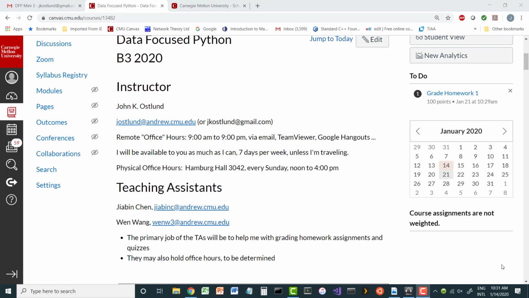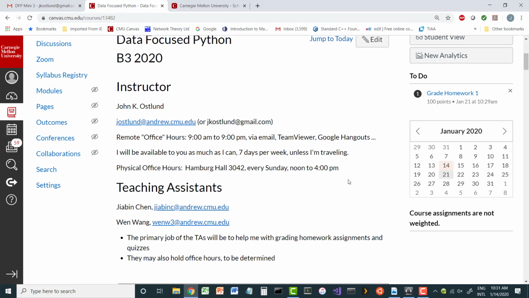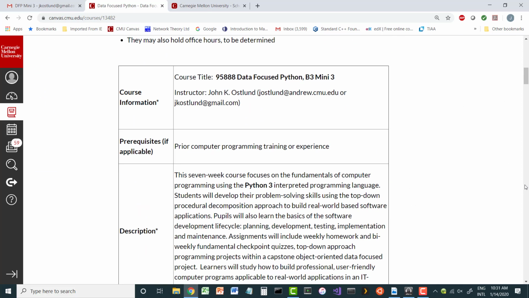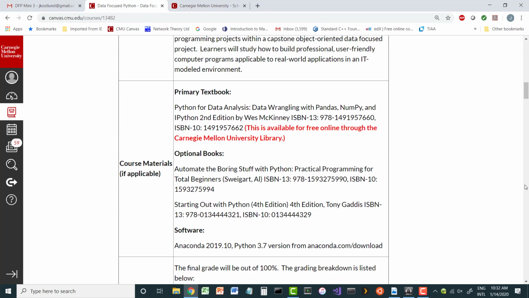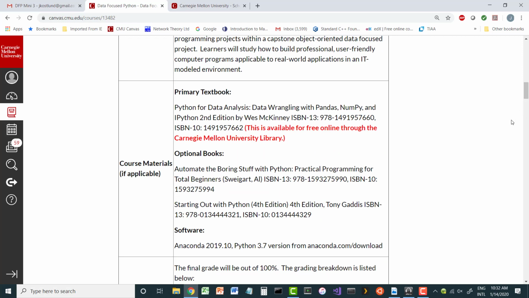Let me begin by just describing how you're going to be evaluated for the course, because everyone's always interested in that. And it also gives me a chance to talk about how the course is organized. There are some reference materials that you can look at that I recommend, and in fact I require you to take a look at this Python for Data